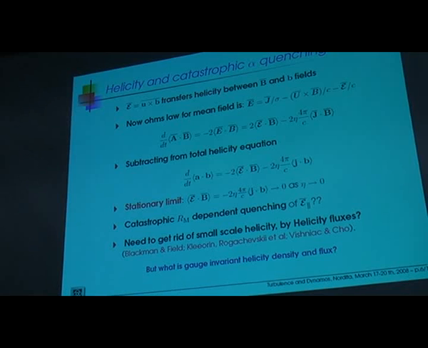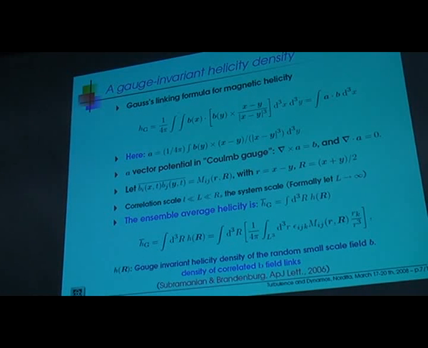One of the questions which I was always puzzled by, and that's what I'm going to talk about, is how do you talk about a flux of helicity, when I told you that helicity is a topological quantity which measures linkages and measures something which is non-local to some extent. So what do you mean by, firstly, a density of helicity, and what do you mean by a flux of helicity? This is something which we worried about, and at the end of this famous Newton Institute program which Axel was mentioning, we came up with a kind of definition. And this definition